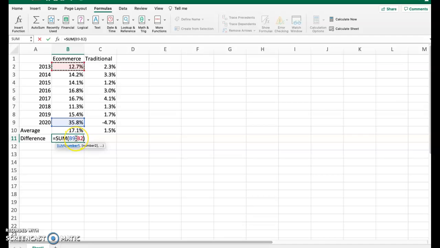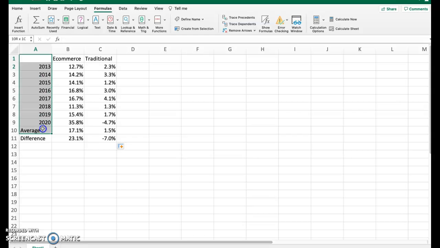I could type that in just as easily, but again, I really like just clicking and letting Excel do the work for me. Let me do that one more time. Come right down here, start my formula, go inside the parentheses, delete, click on the 35.8, type in a minus sign, and then click on the 12.7. And again, you can certainly type that if you want. And then I also will copy that on over. Okay,